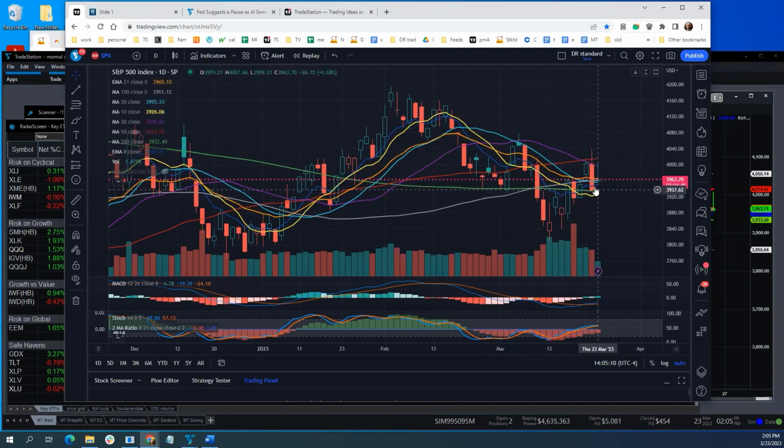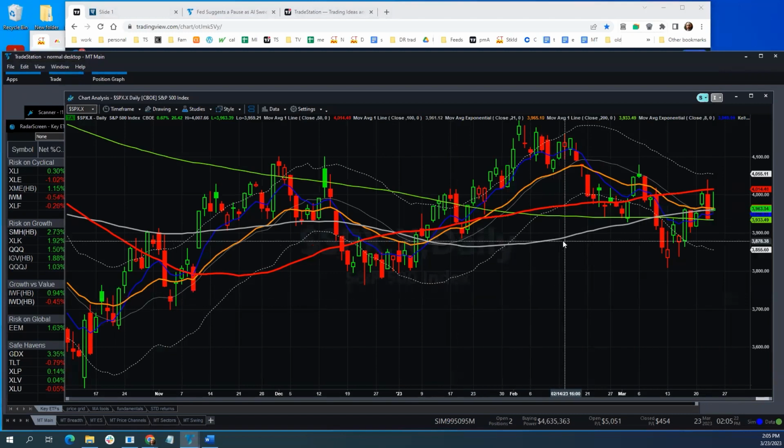But right now we're above the 8-day exponential moving average. We're above the 200-day moving average. We're above the 10-day simple moving average. We're also above 39.50. So 39.50 was a level. If you look here, 39.50 is right about